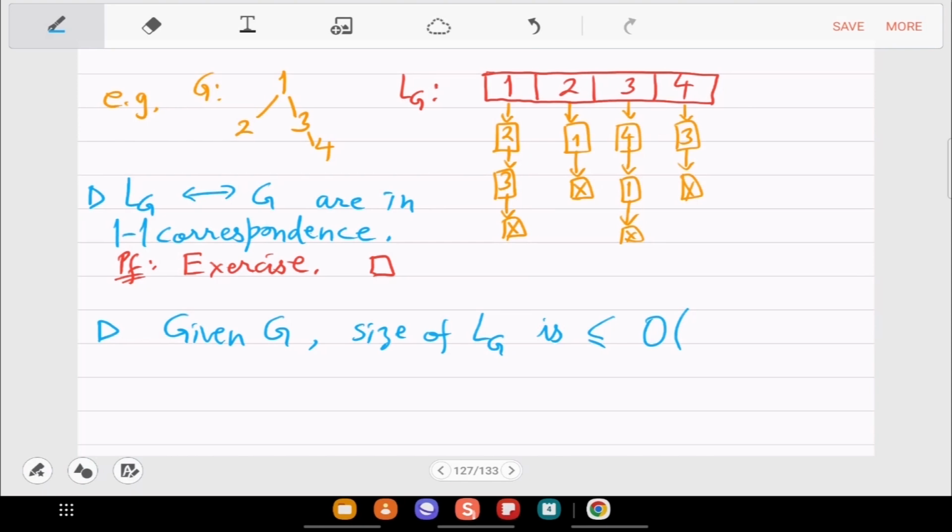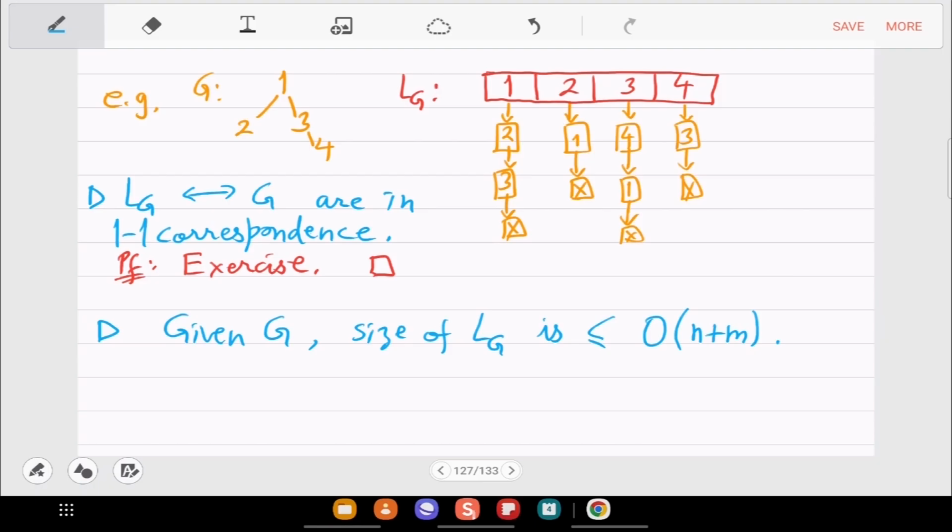So what can you say, how much space will it take? n plus m, right? Is this clear? So it's order n plus m, and it cannot be shorter. So this is a very efficient, it's an optimal data structure which captures your graph completely and uniquely and minimally.